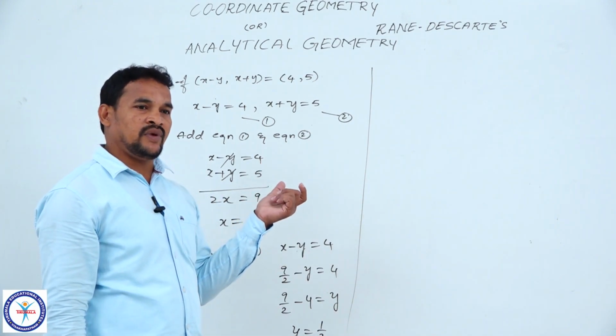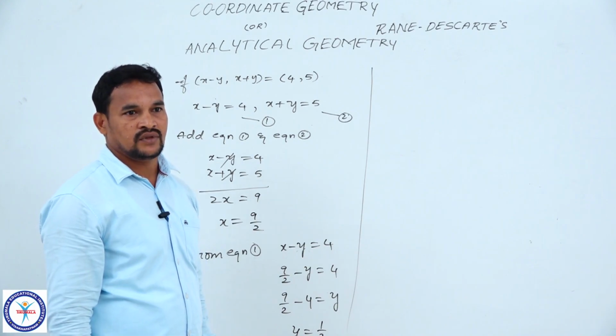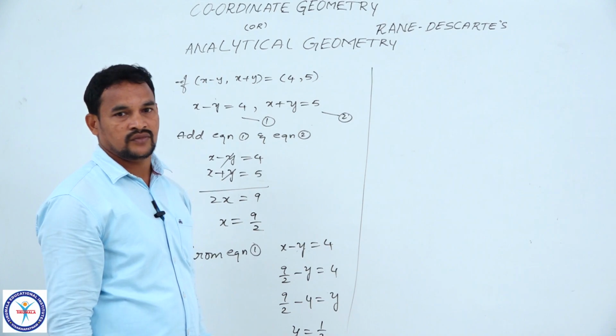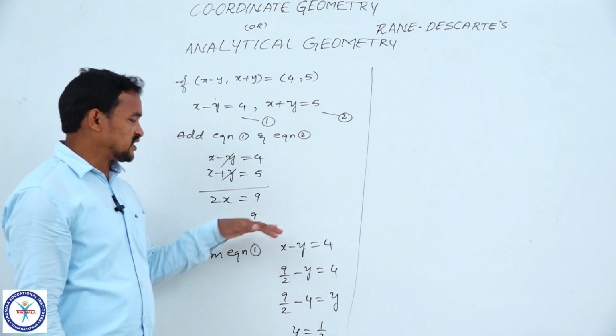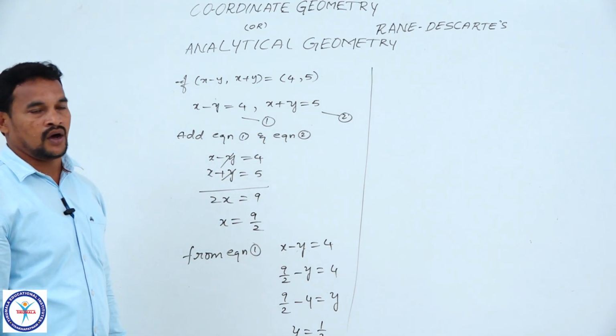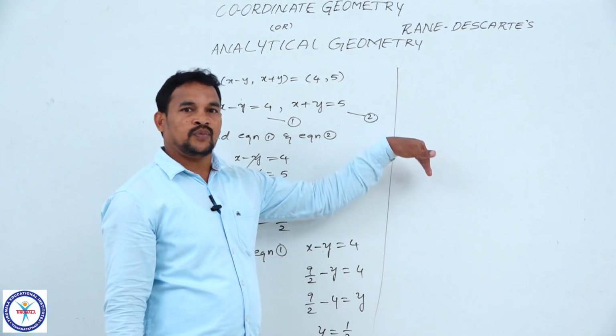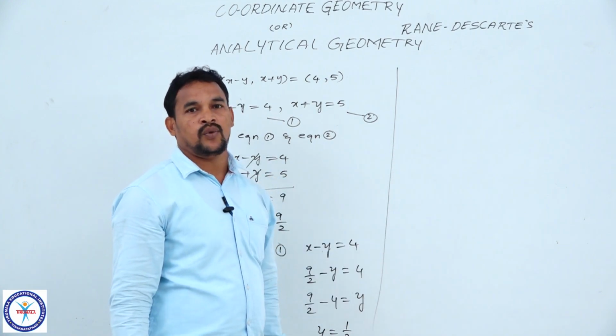If the ordered pair (a, b) is not equal to (c, d), here we observe a is not equal to c and b is not equal to d. Based on that concept, we will also learn some examples. Now, when you take the ordered pair (x, y) in a plane, that is nothing but a point.